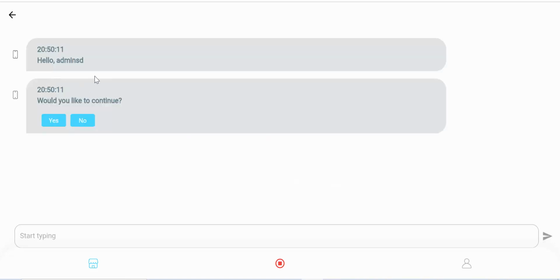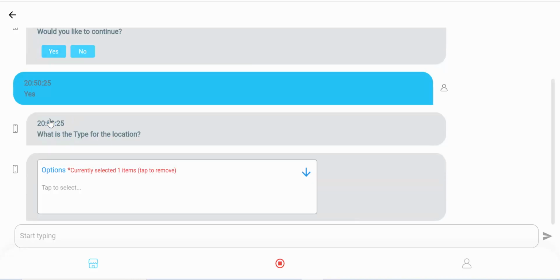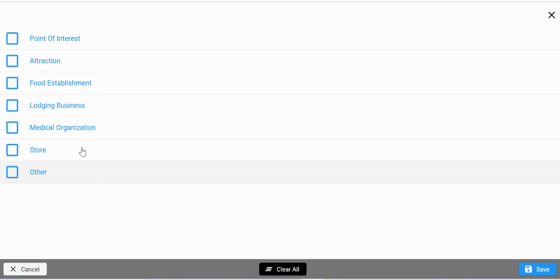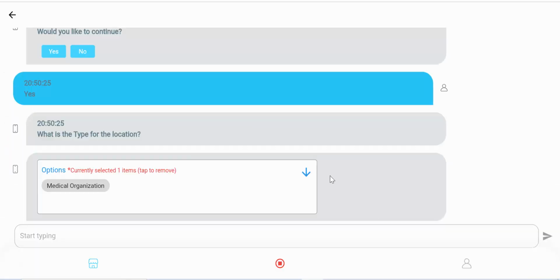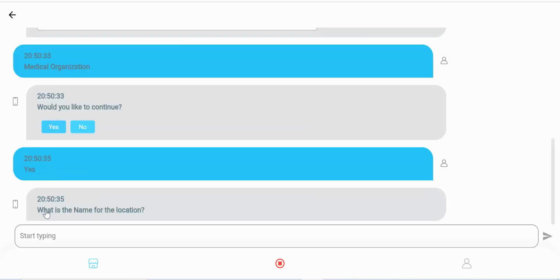This is a chatbot which accepts input for the POI. At each stage, it will ask you if you want to continue. The first question is, what is the type of the location? Let's say it's a medical organization. It will ask you if you want to continue. The name of the